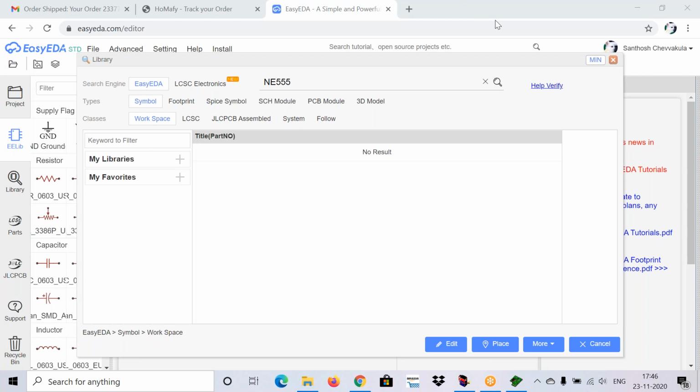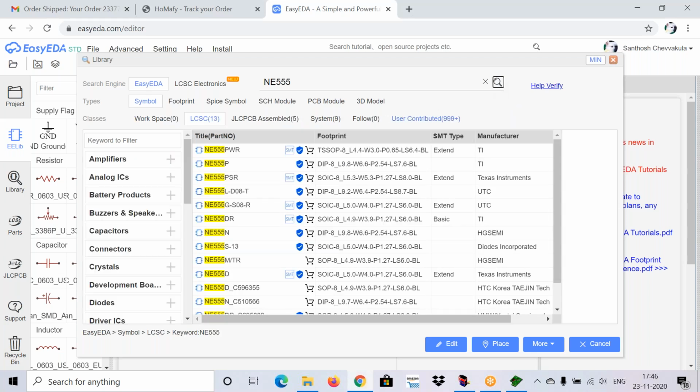Suppose if you want the 555 timer, then you can search here as NE 555. You can give 555 also, I have just given NE as its basic model and clicked on search symbol. Now if you observe in classes, here it is classes, right?